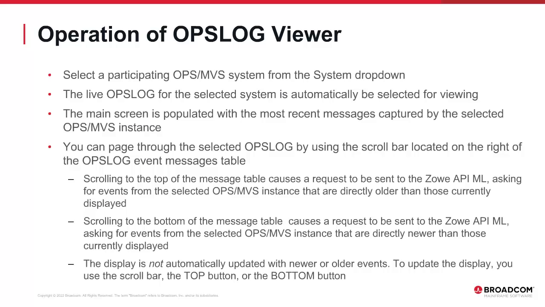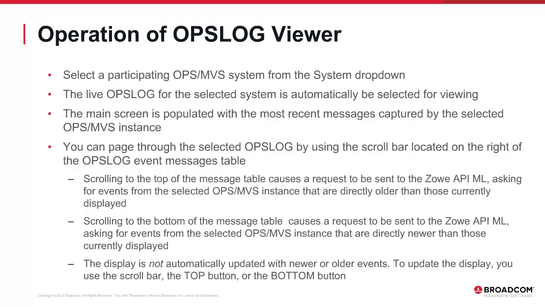To start viewing OPSLOG records, the name of an Ops MVS instance must first be selected from the system drop-down list. The system list is populated with all the Ops MVS subsystems that are managed by instances of the Ops MVS REST API server that are currently registered with the configured Zoe API ML server. Once a subsystem is selected, the main screen is filled with the most recent records available from the live OPSLOG for that subsystem. You may then page through the selected OPSLOG using the scroll bar located on the right of